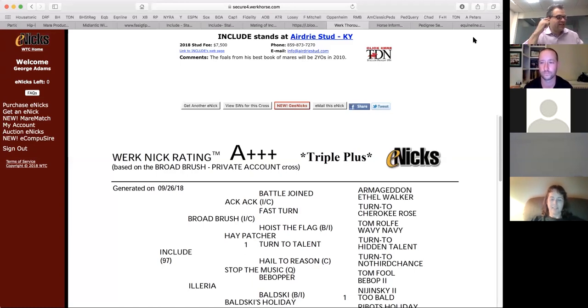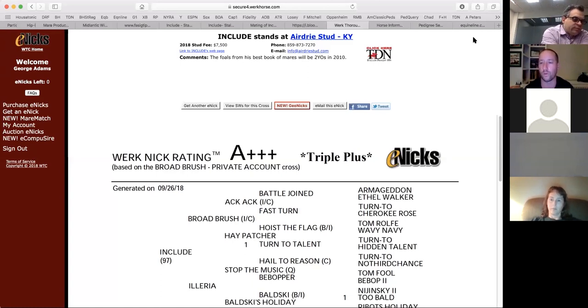It's probably answering my own question, but the nicks are fluid because of how the progeny perform, correct? That is correct. Right. So as more foals are bred on these crosses, as there are more include foals on the private account mares, the nick will change, and how they calculate the nick will change. Work nicks or e-nicks here won't look at broad brush with the private account cross. They'll only look at the include foals, and